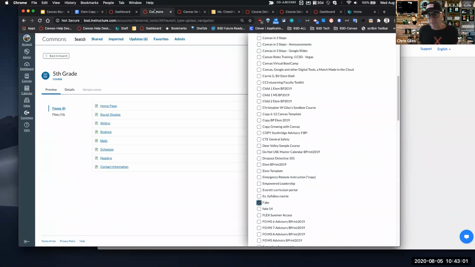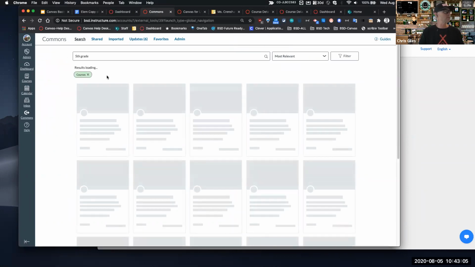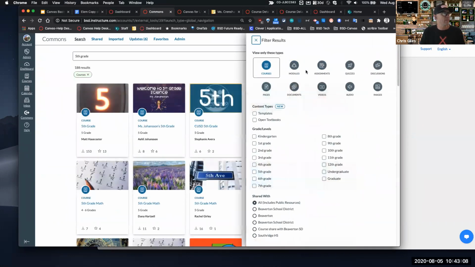Can we edit somebody else's and then import? Yeah, you can import anything you want from the Commons into your Canvas course. If you don't want a whole course, then you know what? I want